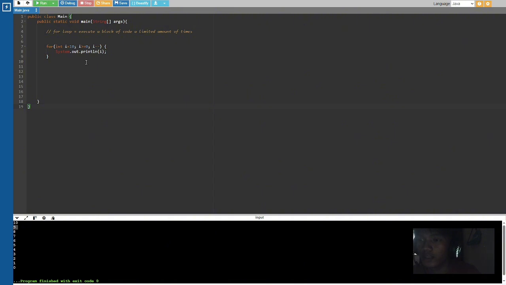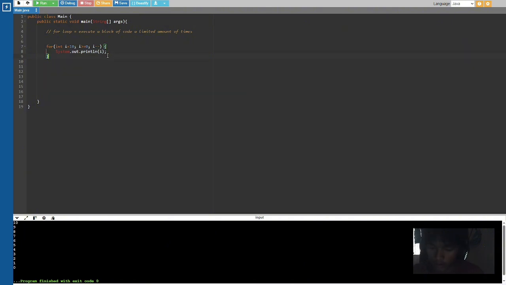So it prints 9, and again it goes back and now it will be 8. So it continues until it reaches 0. So 0 is greater than or equal to 0, which is also true. So it ends with 0.